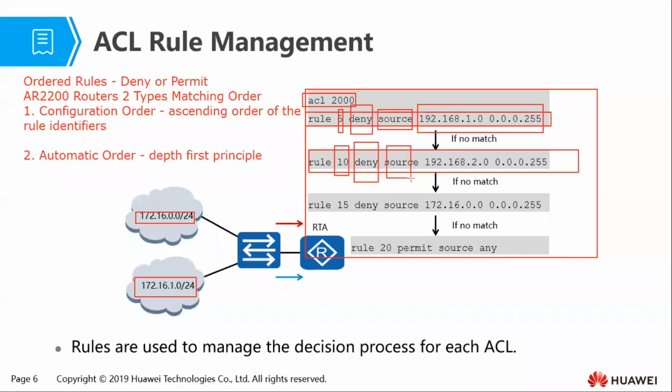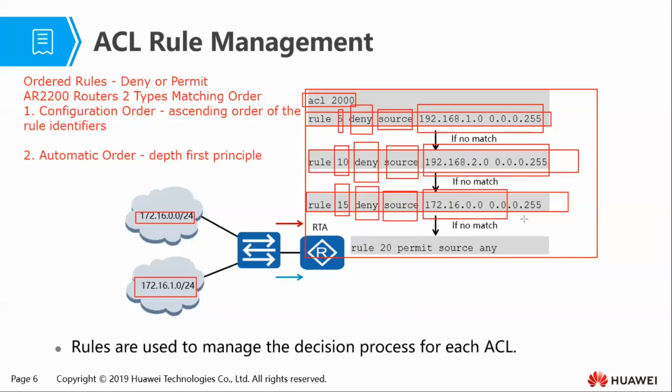And the source, we are saying, anyone with a source address from this network, deny, discard the packet. If that does not match, I go ahead and look at the next rule. So rule 15, again, has a deny clause. So what are we saying here? If someone has a source address from this network,